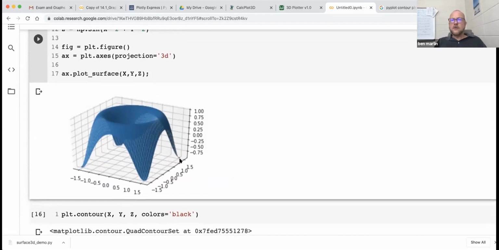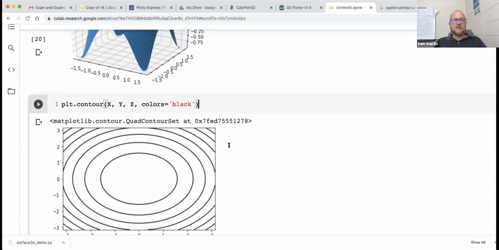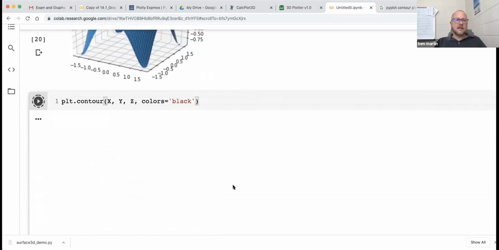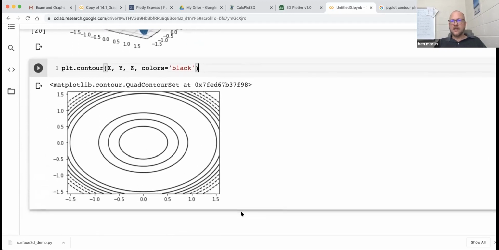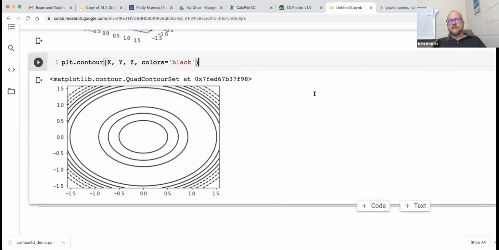Now, if you want to do a contour plot instead, I've already defined what my x and y and my z are. And so by just saying plt.contour x, y, z, I can get a view of what that looks like. And it's just, again, doing these levels where it's cutting off with a horizontal plane and getting a look at them. Okay, so